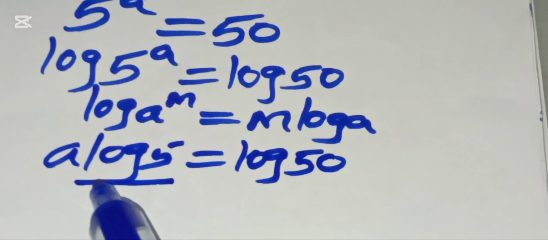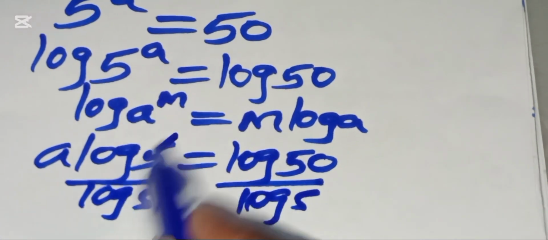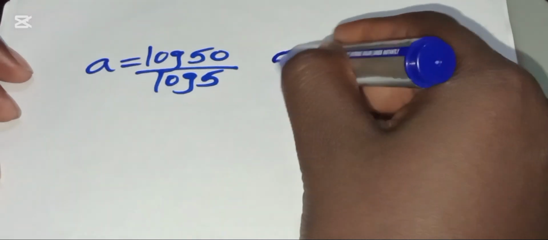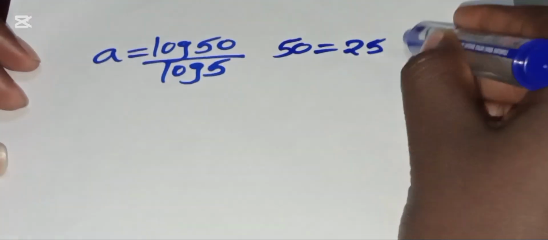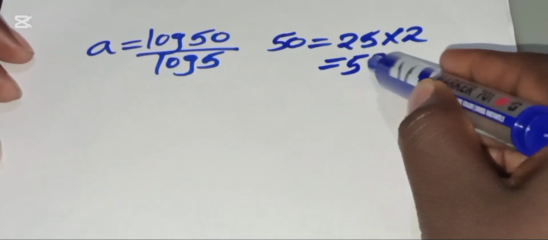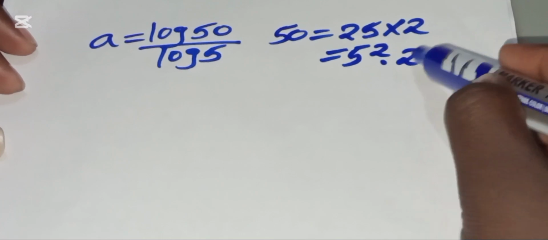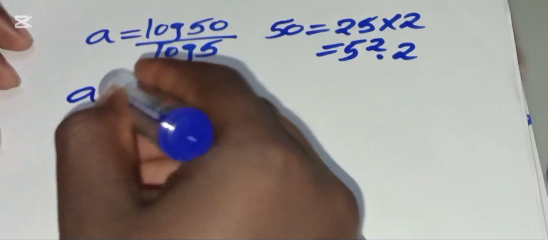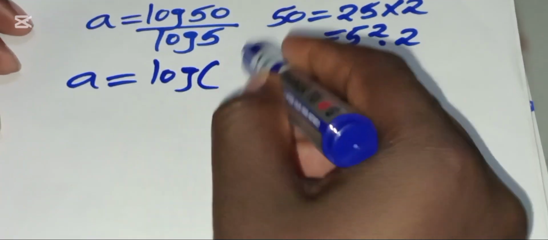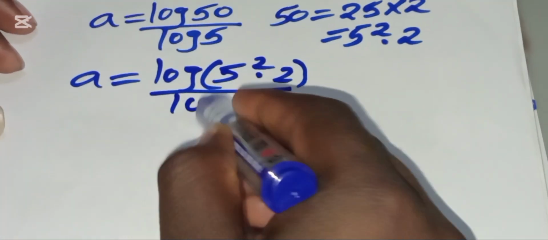So we divide both sides by log 5 and log 5, okay? So now if you simplify here, a is equal to log 50 divided by log 5. Now log 50, that is 50, can be expressed as 25 multiplied by 2. And this 25 can be expressed as 5 raised to power 2, multiplied by 2, okay? So 50 is 5 squared times 2. So let's substitute this. We'll have a is equal to log of 5 squared multiplied by 2, divided by log 5,